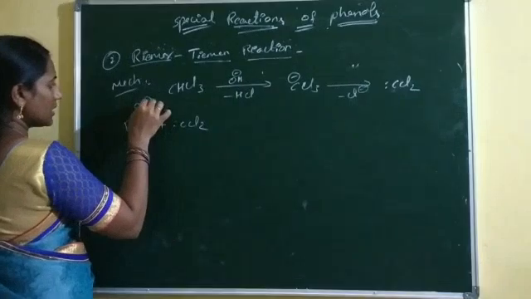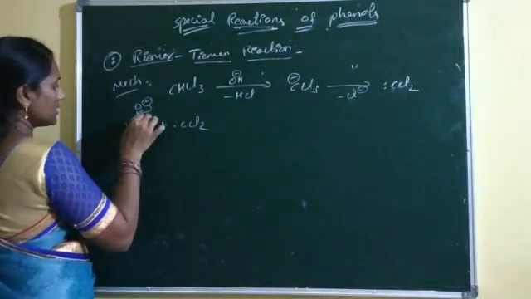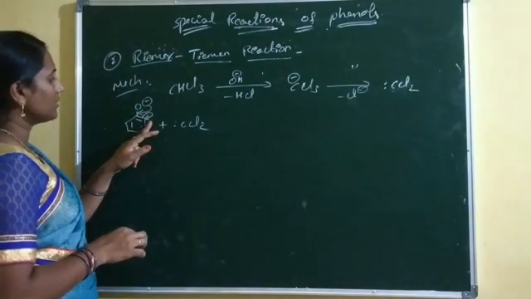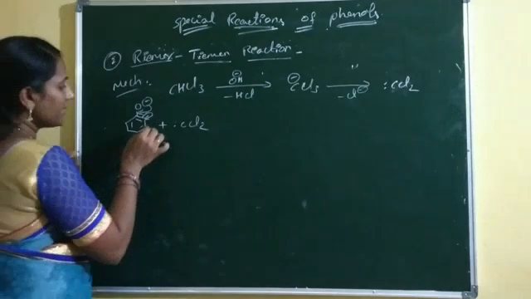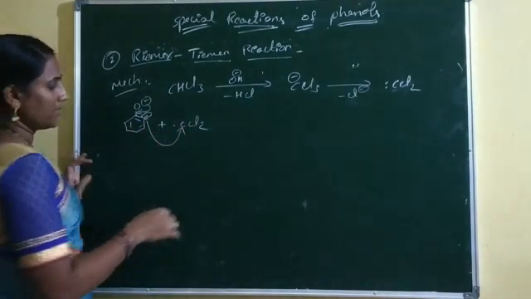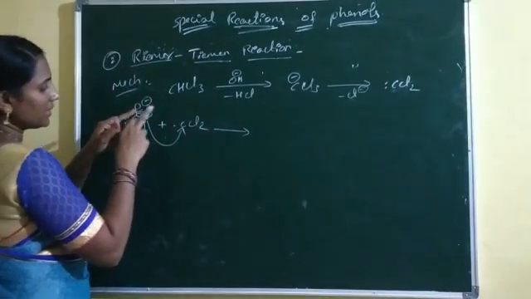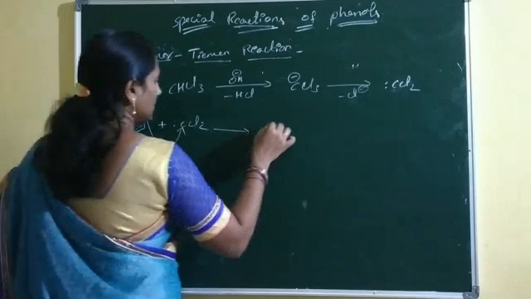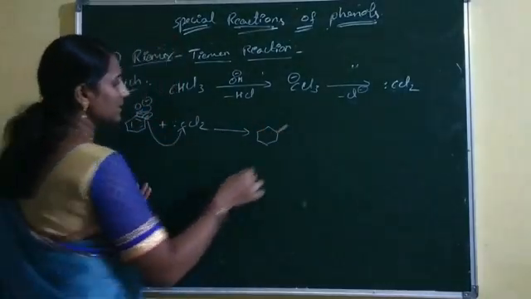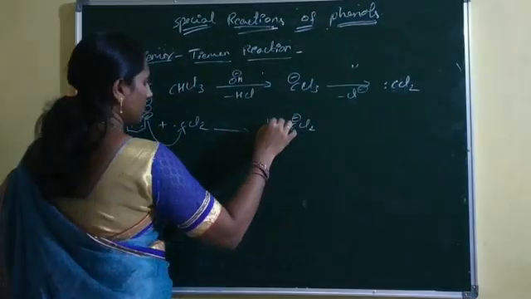Now in this phenoxide ion, this O minus is shifted towards the benzene ring side. This double bond is shifted towards the ortho carbon side. This ortho carbon carries a negative charge. Immediately this negative charge bonds with the carbene carbon. That means a new bond is formed between the ortho carbon and the carbene carbon. That new bond is indicated with thick lines: C, Cl2 minus and double bond O.